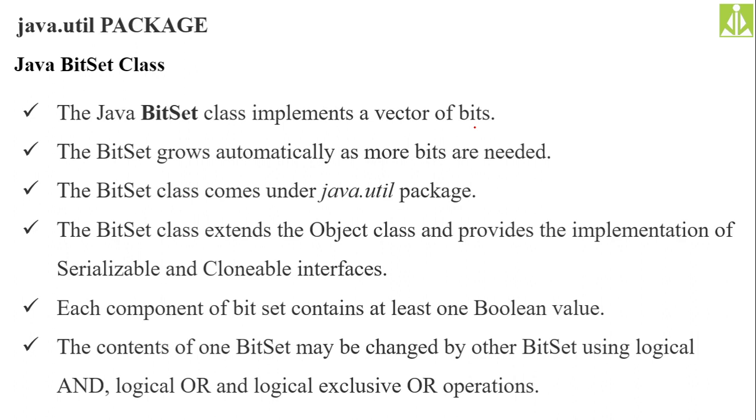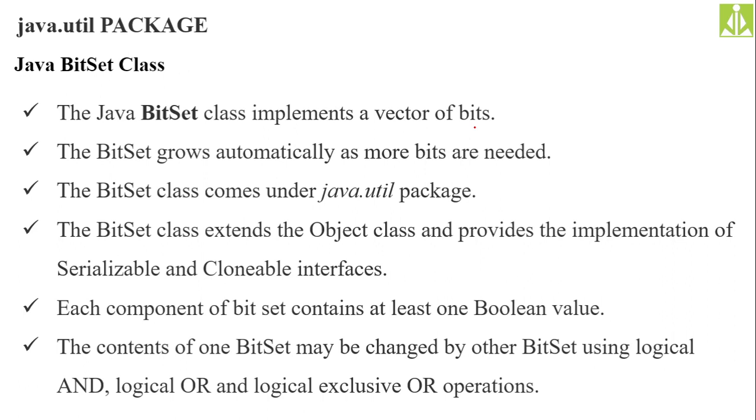Simply, if one class is implementing the serializable interface, it means its object will become serializable. And if a particular class is implementing the clonable interface, it means its objects will become clonable, isn't it? So that's the only purpose of implementing these serializable and clonable interfaces. You have to remember this point. So they are just marker interfaces. They are not going to have anything in them to implement.